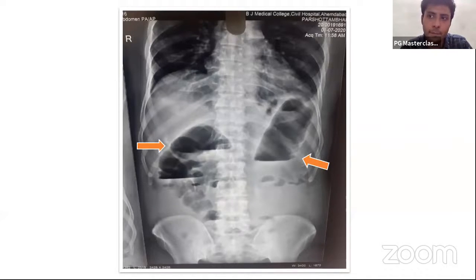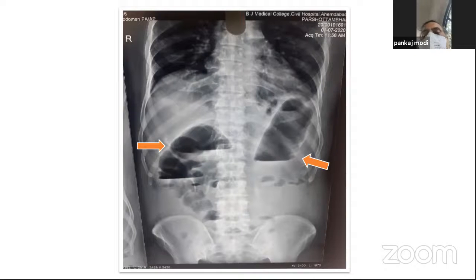So what does it suggest? Understand this point. If it is a colitis, as madam has said, the whole colon will be gas filled. If it is a paralytic ileus, there will be gas in the small bowel also. When you see air fluid levels, with the amount of gas as well as fluid, it suggests that very little or no gas or fluid is going further. So it suggests obstructive pathology. It rules out early diverticulitis and colitis, right? So it suggests either a benign stricture, volvulus or malignancy. Can this be a volvulus?